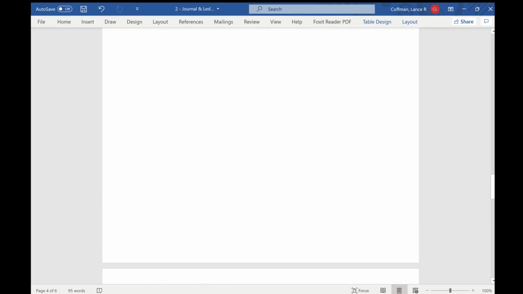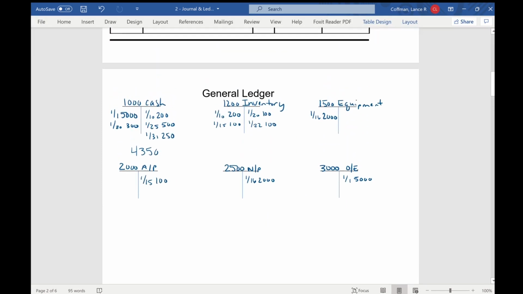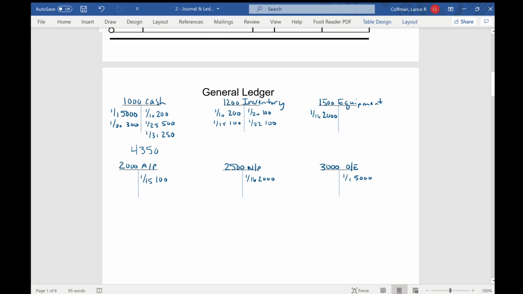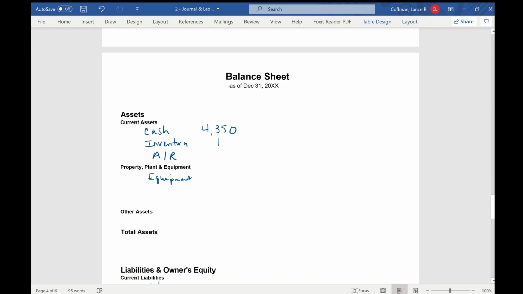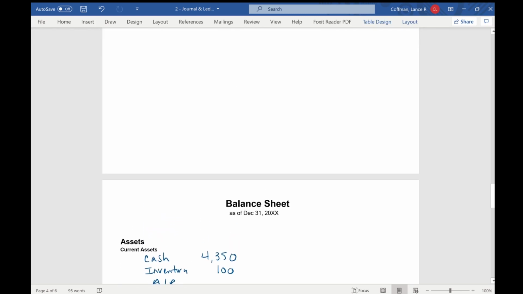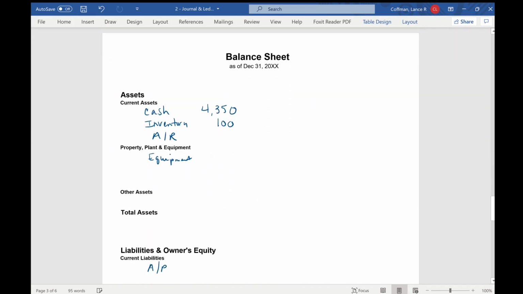On the inventory, we'll go back up and take a look at it. And we see $300 in inventory has been purchased. $200 in inventory has gone out, so the difference there is $100. And we'll go back down and put that $100 on the inventory for the balance sheet. And then accounts receivable, go up and take a look at that. For accounts receivable, one transaction, $300. So we're going to go down and add the $300